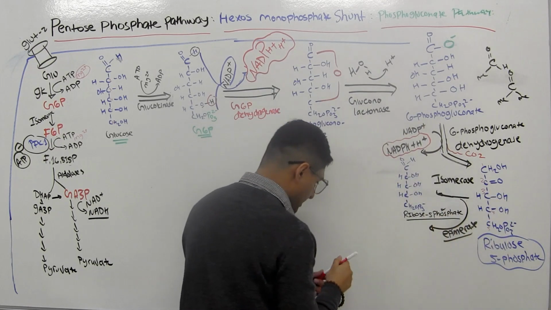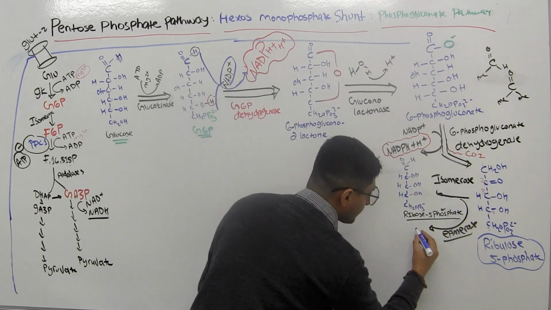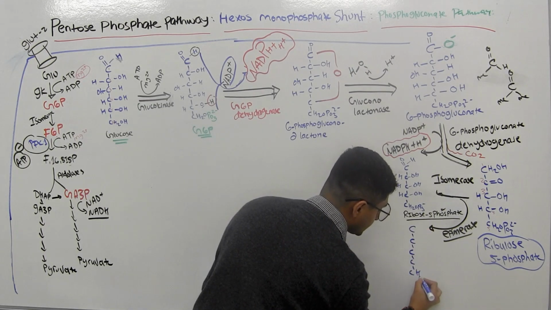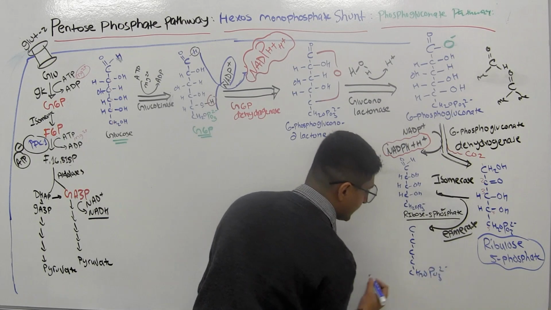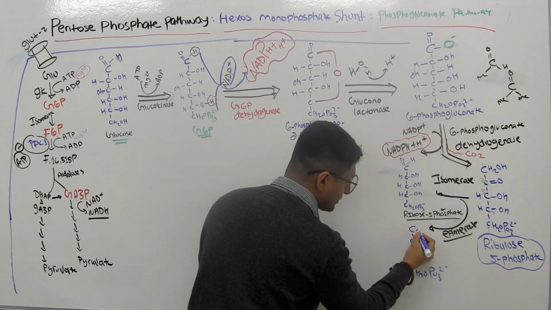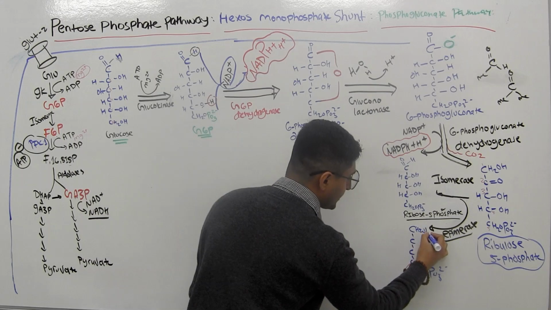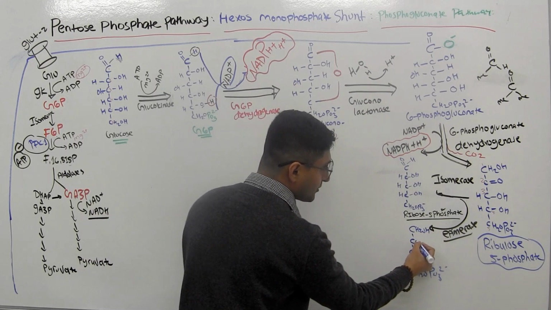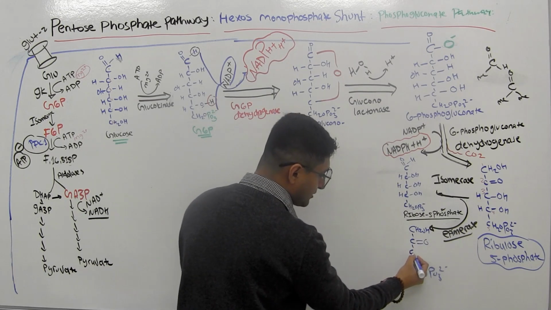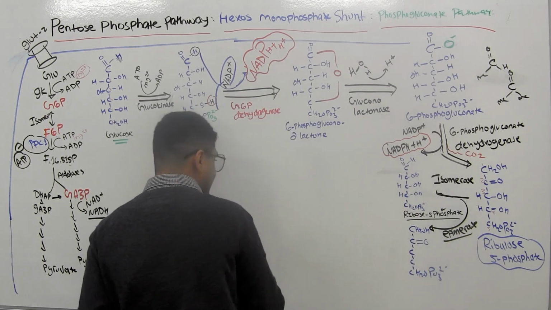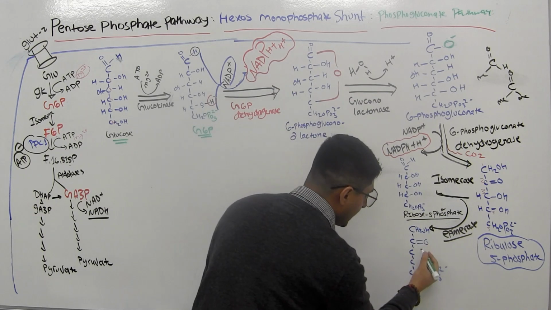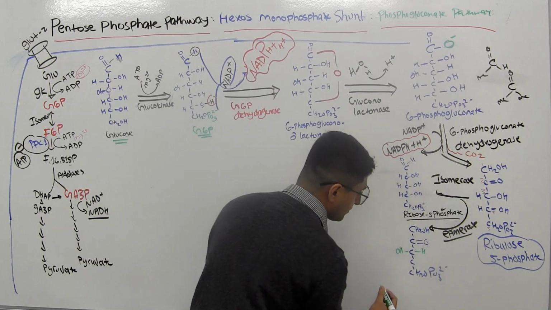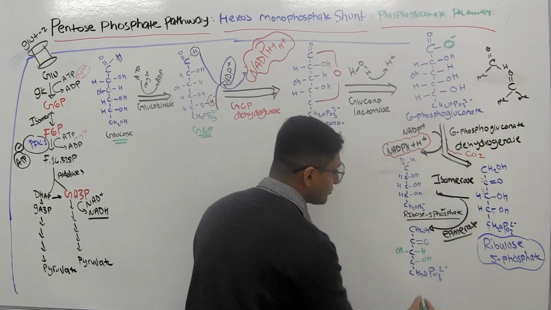So the carbon number 3, if you follow me here, I'm going to make this 1, 2, 3, 4, and then 5. Obviously CH2O, PO3 2 minus, right? And what is going to happen with this? Look, it looks exactly like this, CH2OH is going to be here, right? And then look, 1, 2, 3, right? And then this is going to be what? Ketone group again here. But in my carbon number 3, this is going to get replaced in the chiral center because of the epimerase. And this is going to become OH here, and this is going to be H here, and this is going to be OH. Now this compound,